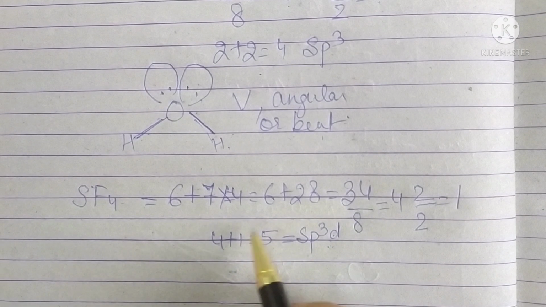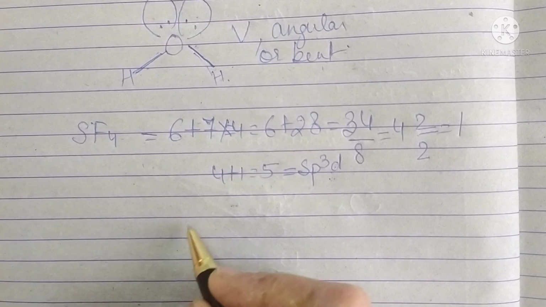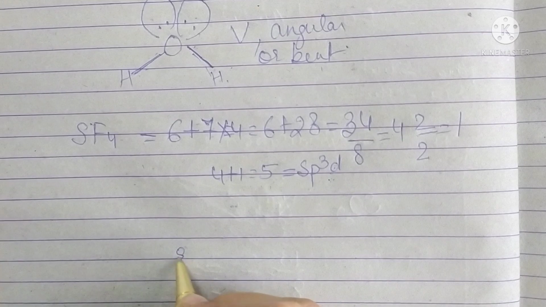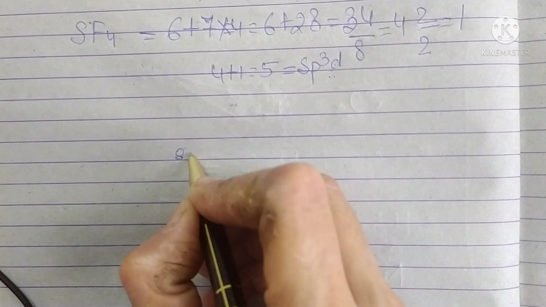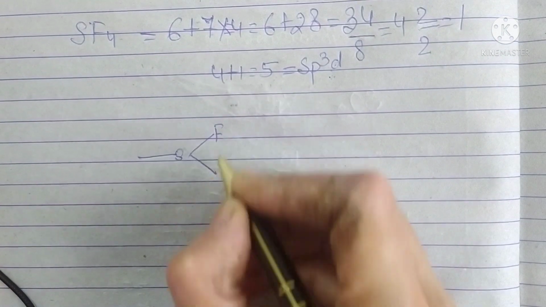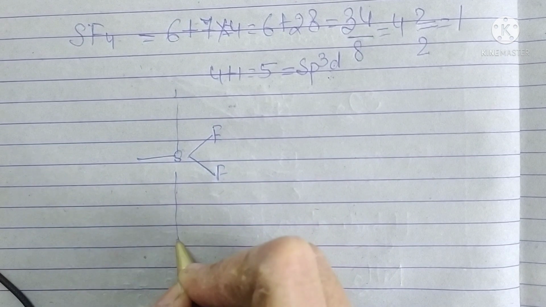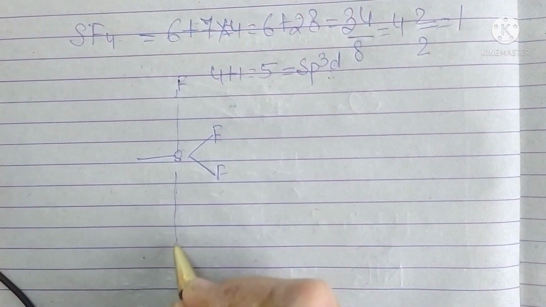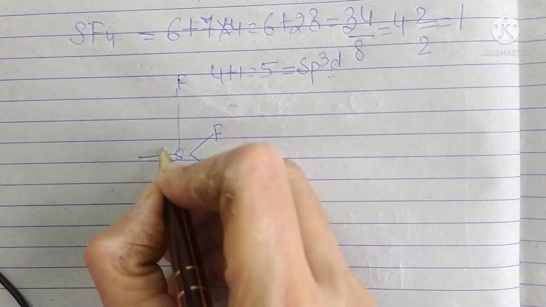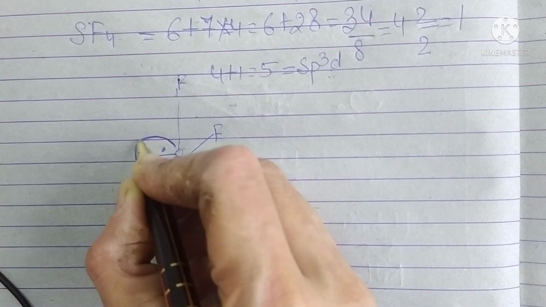But in that case they were all bond pairs, all 5 were bond pairs, but in this case one is a lone pair. Now let us arrange the electrons. This is sulfur, and just like PCl5, this is the electronic arrangement. Now these 4 are bond pairs, and the 5th is a lone pair of electrons. This equatorial position will be replaced by